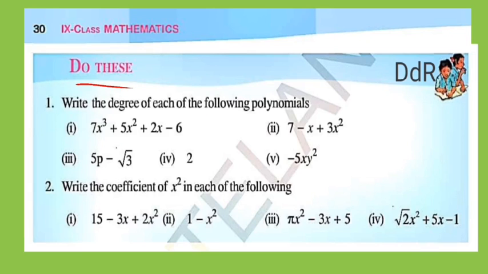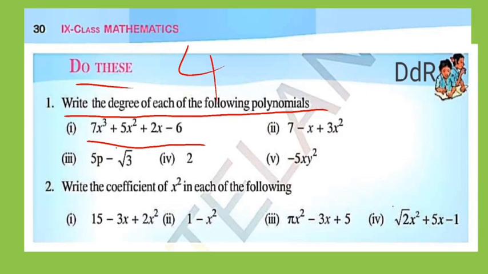Do this bit. In the do this bit, the first bit is what? Write the degree of each of the following polynomials. Just write the degree of each of the following polynomials. First one is what? 7x cube plus 5x square plus 2x minus 6. Here total how many terms are there? Yes, 4 terms are there. So what is the degree? Yes, 3 is the degree. Why? Because first term degree 3, second term degree 2, third term degree